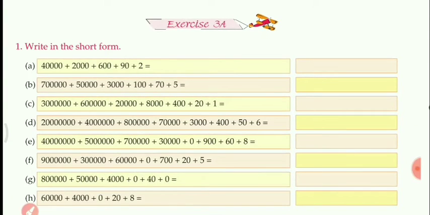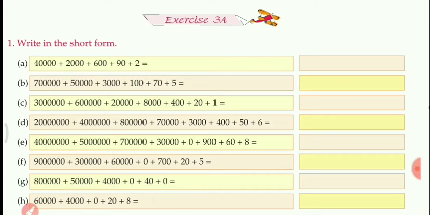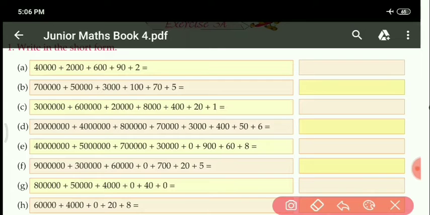As you can see here, how to write the number into short form. So in exercise 30, question number first is given, write in short form. First part is 4 after how many 0? 1, 2, 3, 4. 4 0 are there. Okay. So it is equal 40,000. Otherwise you can count the place also, right to left, ones, tens, 100, 1000, and 10,000.